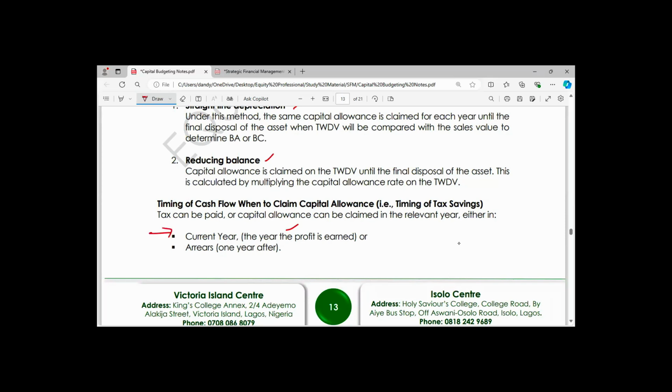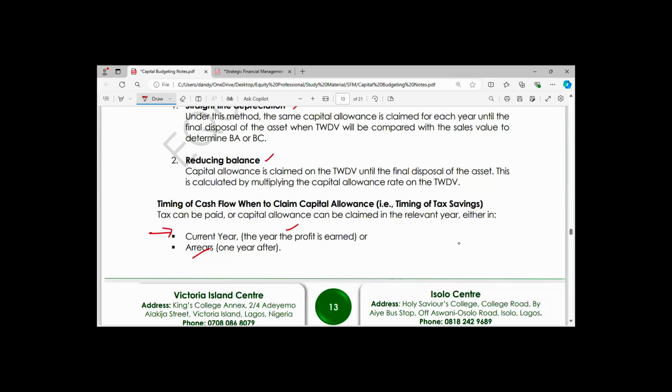But if you are told specifically in the question that tax will be paid in the following year, that is 1 year after, in arrears, then you consider this. However, the capital allowance must follow the pattern of the tax liability at all times. I repeat,